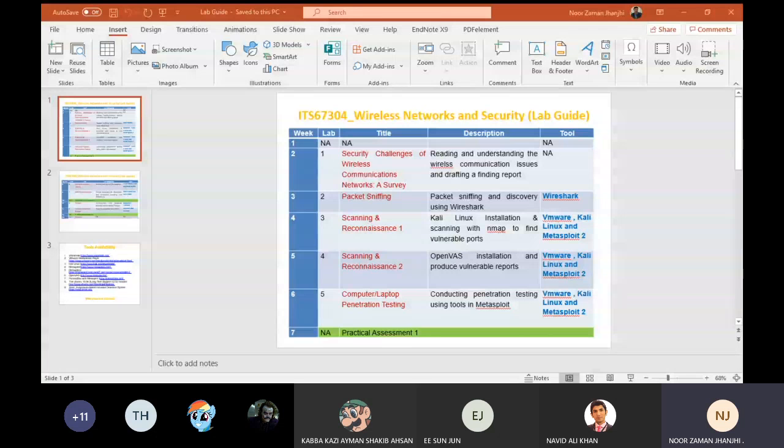So enjoy your work, and we are always here to help you out. Don't worry, no need to be scared of the labs. They are very simple, very interesting, very attractive, and very knowledgeable. We assure you, because we can see the feedback and comments from your seniors. They really enjoyed it a lot. They were really happy and wished to have even more. We hope that you will also have the same, and you will even do more wonders.